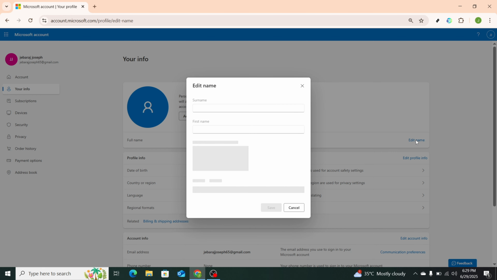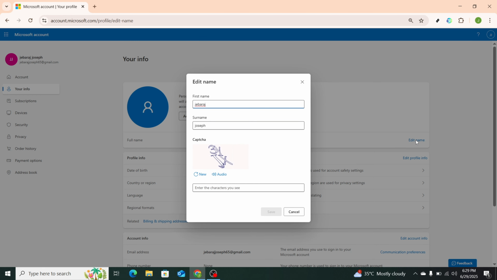Keep in mind that website designs can update over time, but these options should still be around within the Your Info page. Once you've clicked on Edit Name, you'll see fields for your first and last name. This is your opportunity to enter the new name you'd like to use. Whether you're updating a surname, reversing the order of multiple names, or reflecting a new identity, be sure to double-check